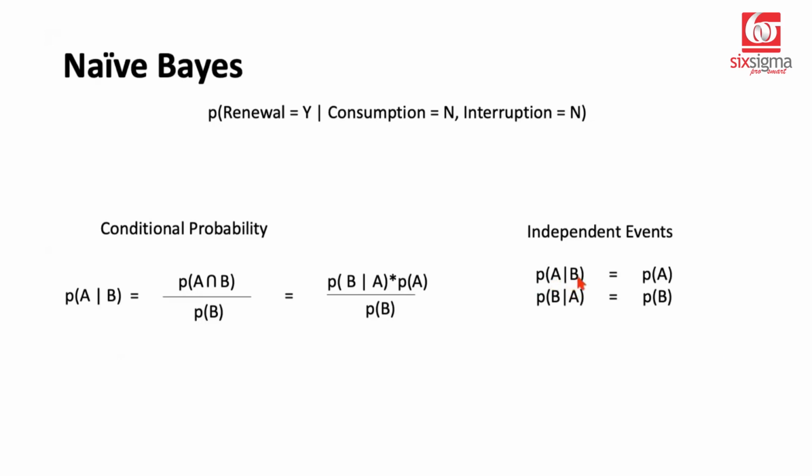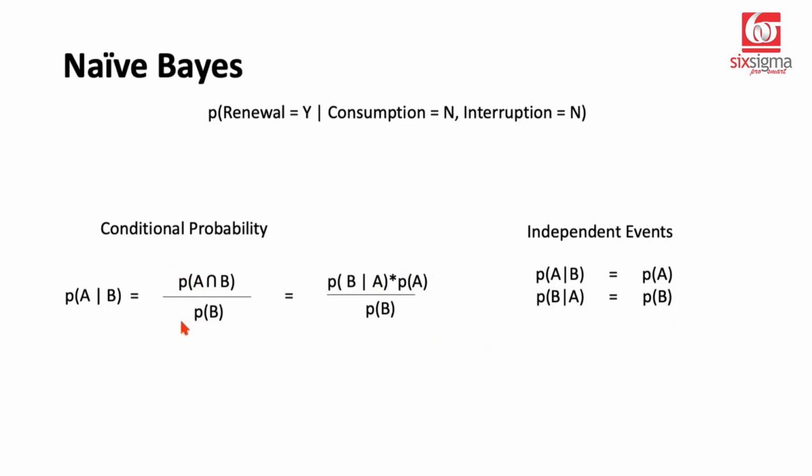So probability of A given B, if A and B were independent, would be just the same as probability of A. Similarly, probability of B given A would be just the same as probability of B if A and B are independent, which means the occurrence or non-occurrence of B or A does not affect the other. So using this information on the independence of events, if we focus on this expression, just this piece here right